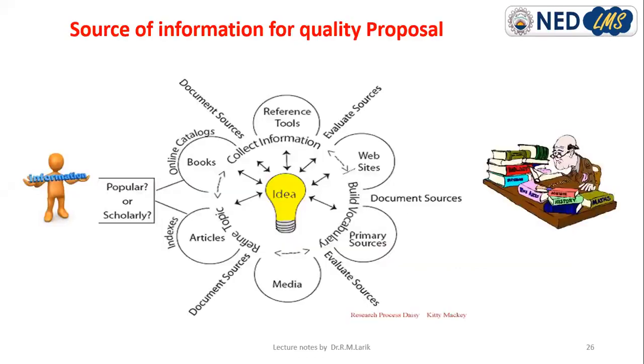So, while developing your proposal, the source of information plays a very important role in quality publication. So the source of information must be authentic, that is, the documents which you are referencing must be from Web of Science, or from a journal, or a book chapter, right? Because conference articles are not worth as much, right?